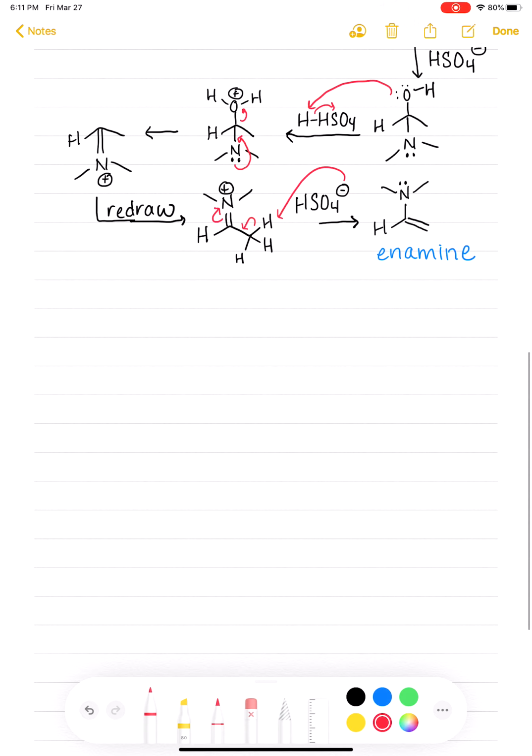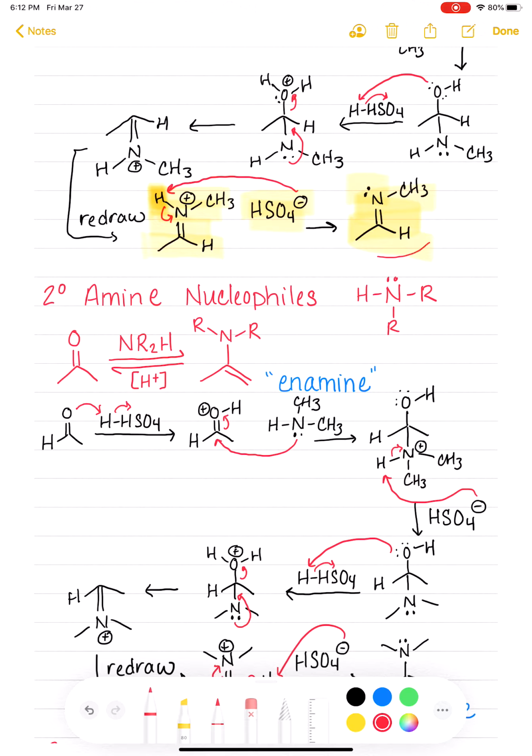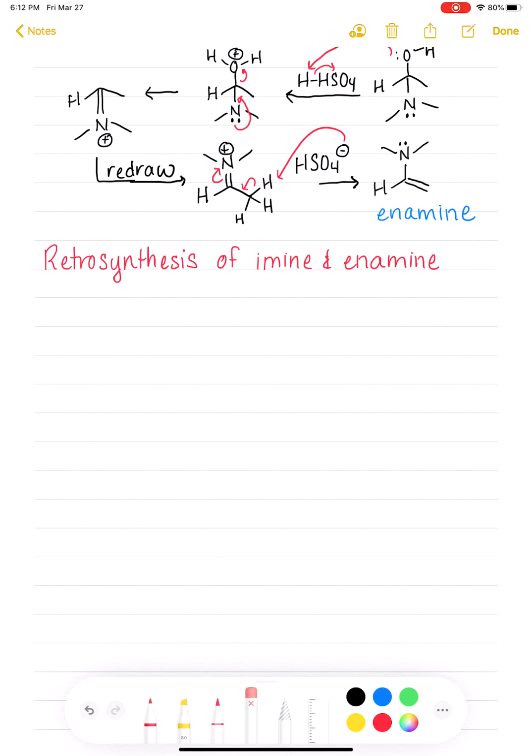This is called retrosynthesis, backwards synthesis, of the imine and enamine. What I'm going to do is use the product from the imine synthesis, and we're going to retrosynthesize that guy, so that he looked like this. That was our imine. When we do this